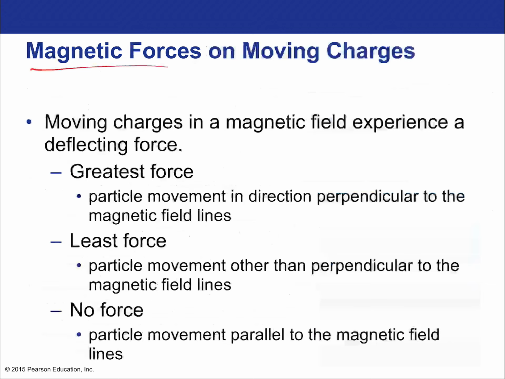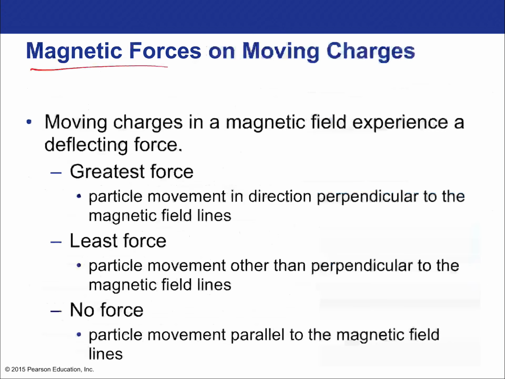So what's going to happen is, actually let me rephrase that. Any moving charge, a charge at rest will not experience a magnetic field, all right? But any moving charge will have a force acting on it when it's moving by and there's a magnetic field through the region to which it's moving. Now, the real story behind that is because the moving charge creates its own magnetic field, so it's actually an interaction between magnetic fields, but it looks like it's an interaction between a magnetic field and the charge because we see the charge being acted on by the magnetic field.